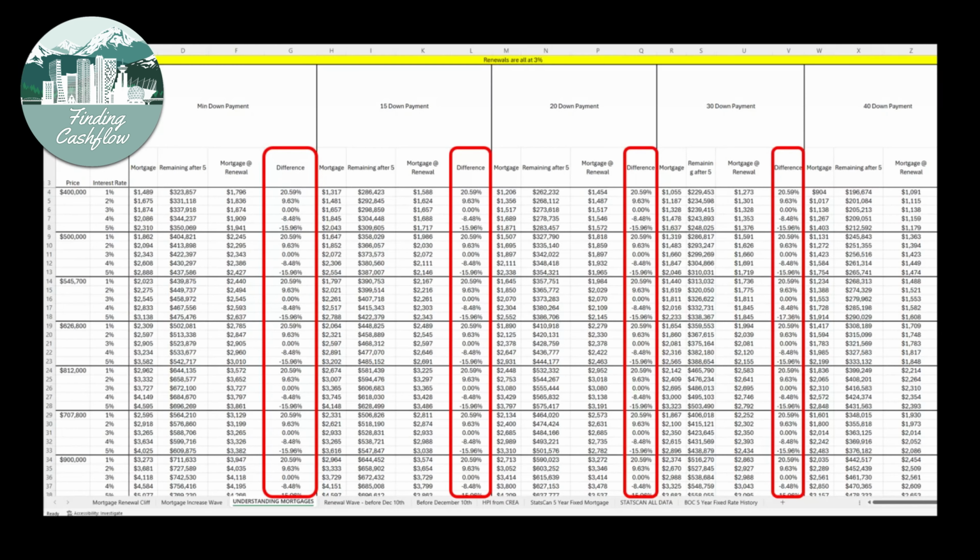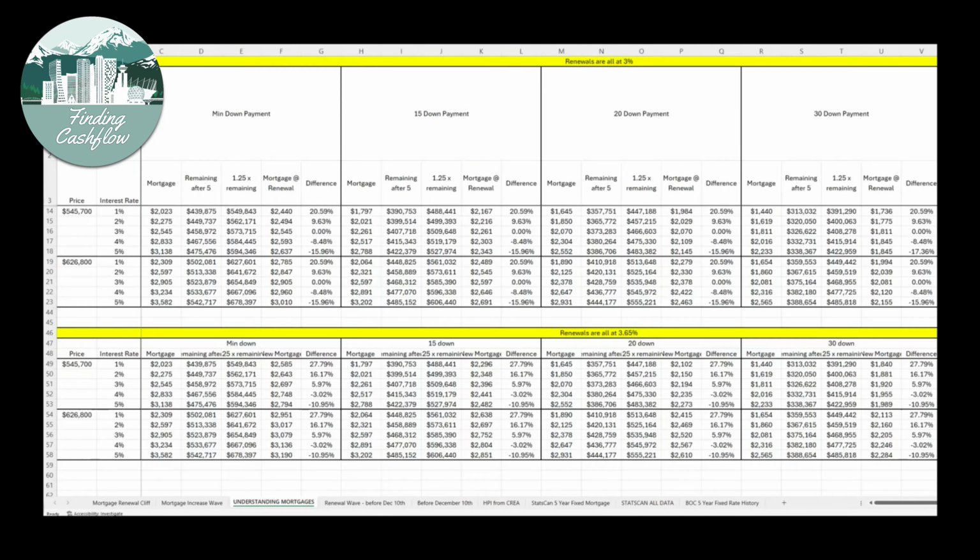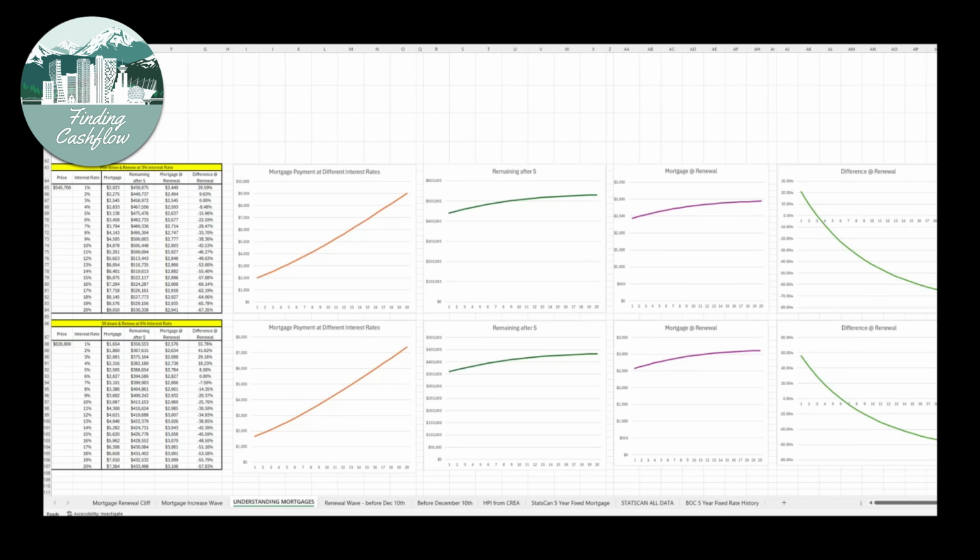And I was able to calculate that the percentage increase in the mortgage upon renewal remains the same regardless of the home price and regardless of the percentage that was put down in a down payment upon origination. I also conducted these calculations at various interest rates upon renewal at the 5-year mark. And once again, I was able to see that the percentage increase in the mortgages remains the same. Doing all this extra work ensured that I now understand mortgages much more deeply than I would if I'd never gone through this process.